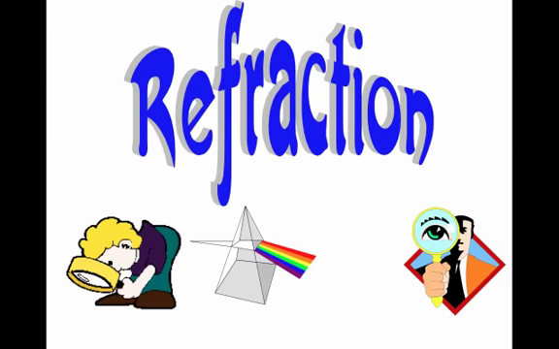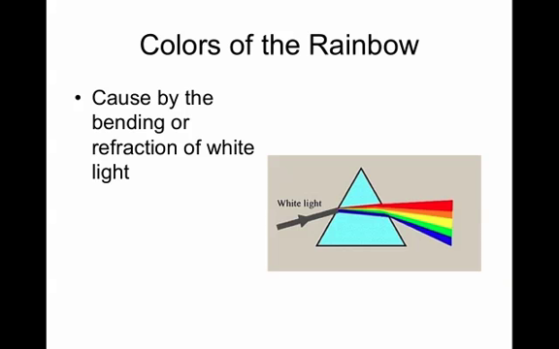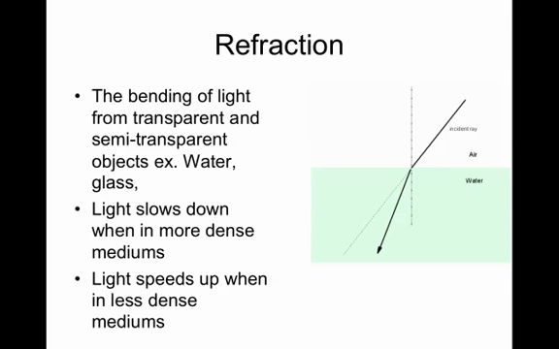Hi there. Today we're going to deal with the concept of refraction. One of the examples that you might be familiar with in everyday life about refraction is the colors of the rainbow. So rainbows are produced either by us using a prism or in nature using water droplets by the bending of white light. And so light, as we know,